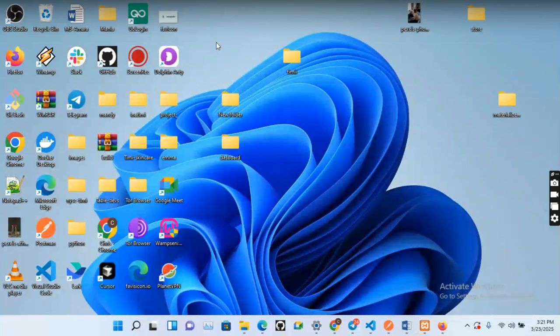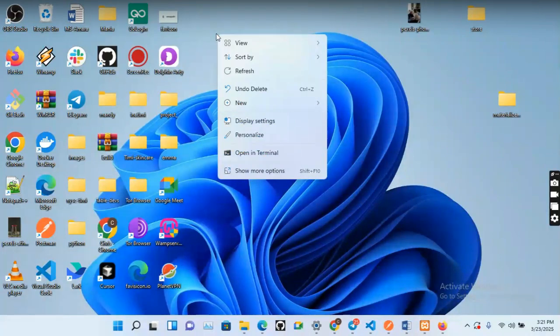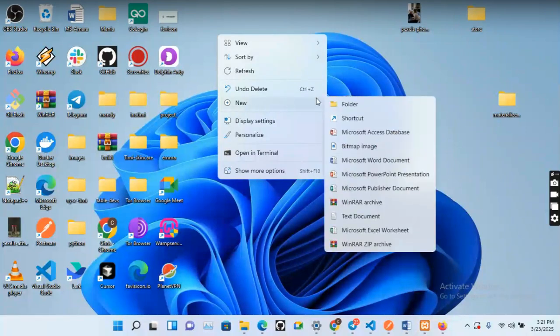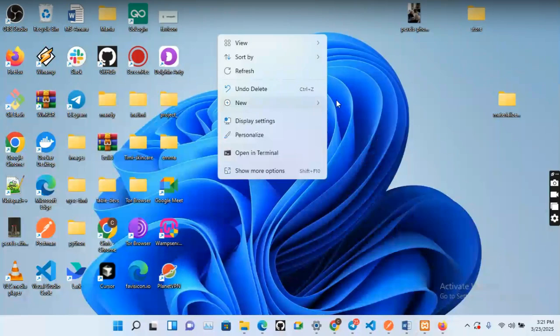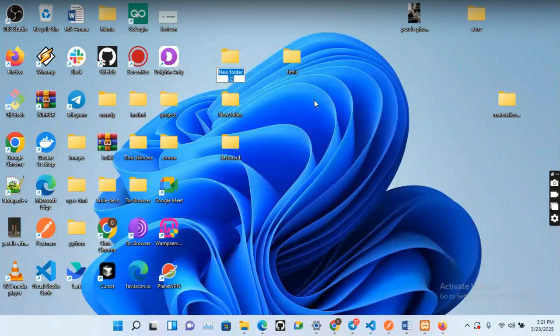Now, I would go on my desktop here and then right click or left click, depending on how your system is configured. Once you click on that, you click on new and then you click on folder. So this folder has now been created. Now let me name it front end